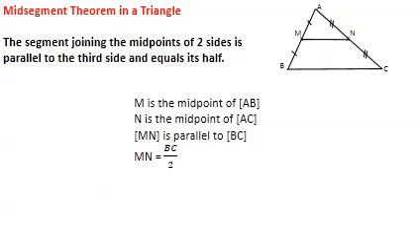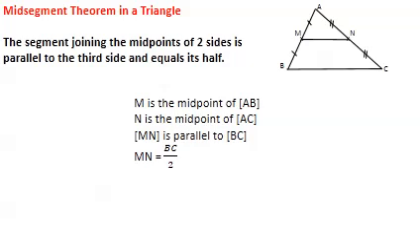Now let us start with our theorem. First in a triangle, then we're going to learn it in a trapezoid. So in a triangle, as you can see here, we have a triangle ABC, any triangle. If M is the midpoint of AB and N is the midpoint of AC,